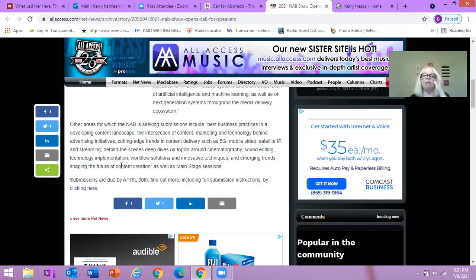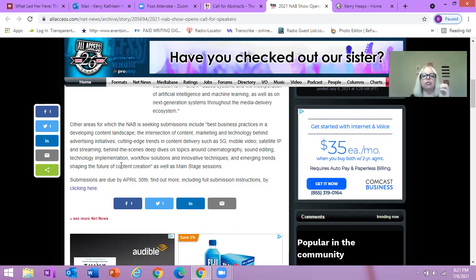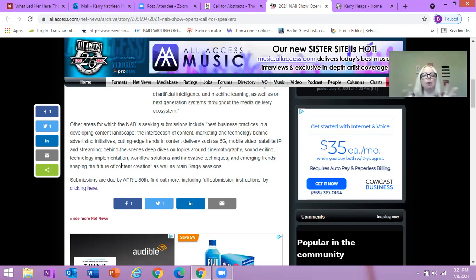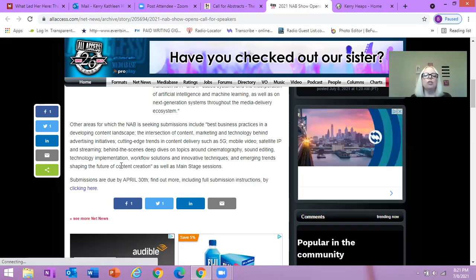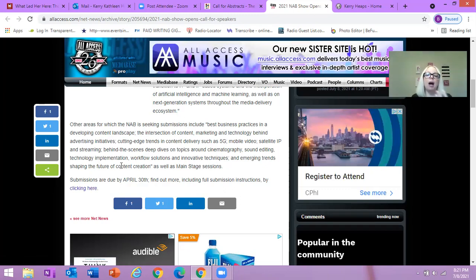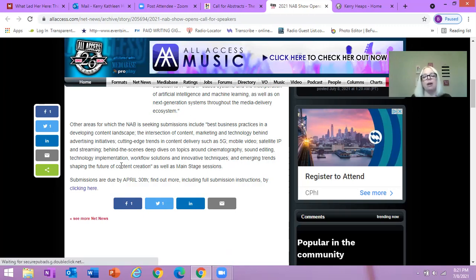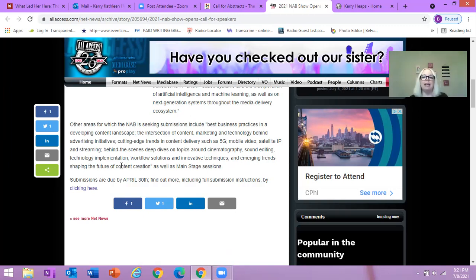Sometimes it is an actual form you're going to fill out, but usually with the call for papers, it's going to actually ask you to write up the article and have it in whatever format they're asking for, a PDF, Microsoft Word, and then you can send it off. So usually if they publish this, they're going to let you know. And what I normally like to do is say, hey, I think that's great. Is there any way you could send me an electronic copy or a physical copy in the mail,